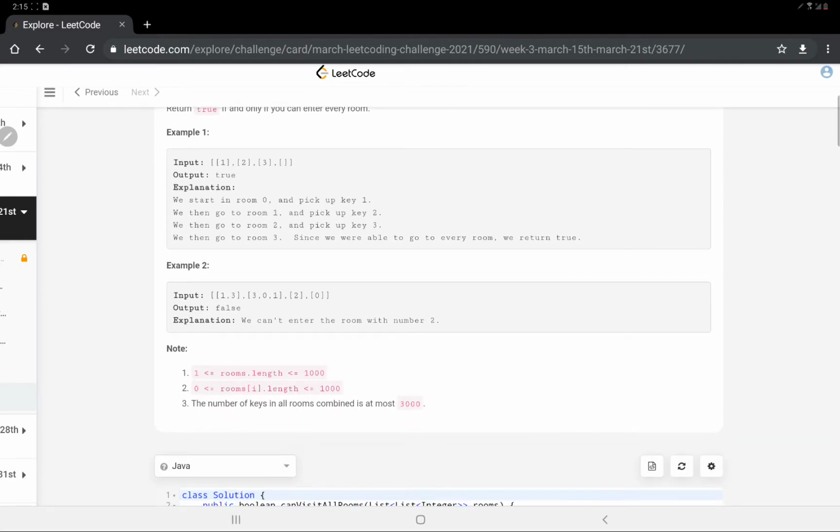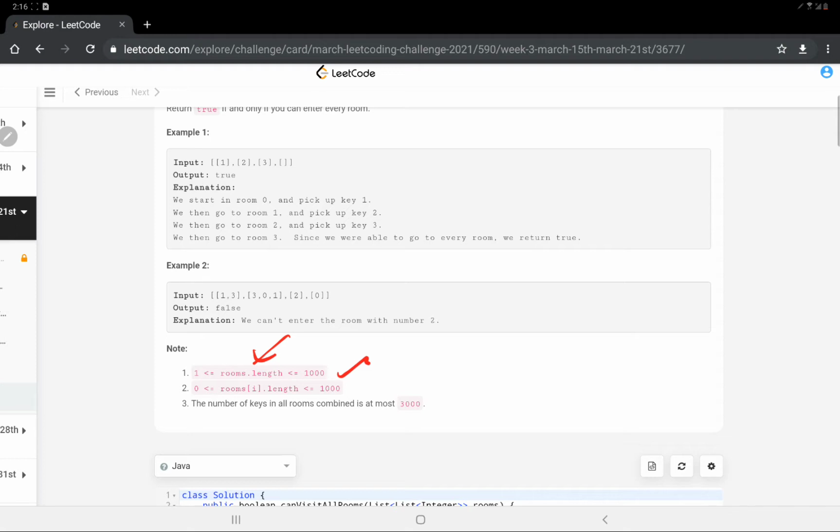Let's see the constraints that are given to us. The length of rooms is at most 1000, so the maximum nodes in the graph can be 1000, alright. And the length of each rooms[i] will be at most 1000.